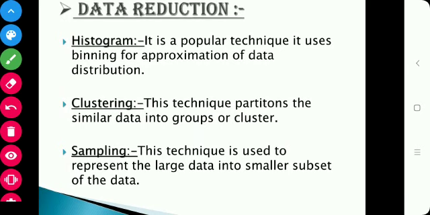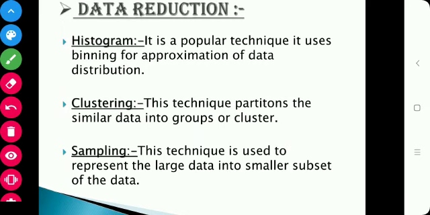Next technique is clustering. Clustering, as we know, groups the data elements into similar items. Clustering is the process in which similar data elements are placed in one cluster and dissimilar elements in another cluster.